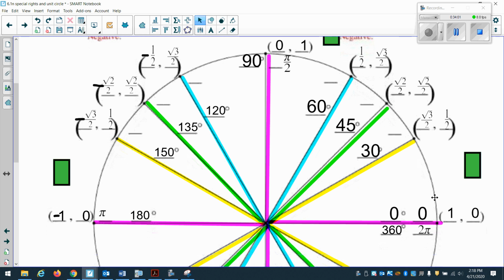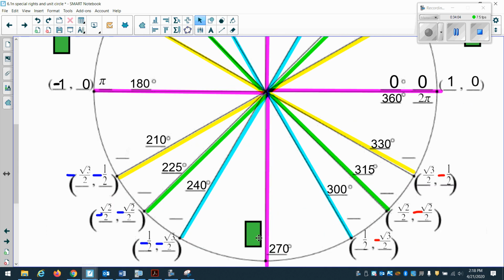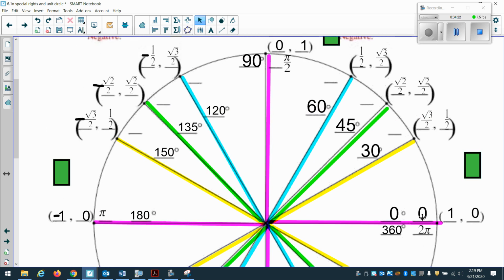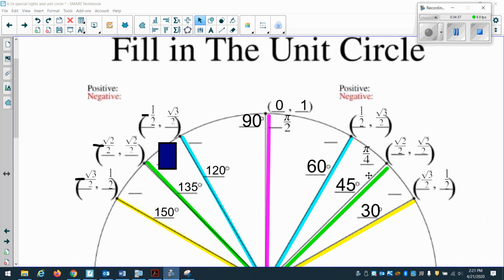Then if you go to 270, okay, you have 1 pi, then you have another half of pi. So this would be 3 pi over 2, finalizing with 2 pi. So if I look at this 90-degree angle here, I have 0 to pi over 2. Well, or 0 to 90. What's half of 90? 45 degrees. What's half of pi over 2? Okay, so now that we established 45 degrees is pi over 4, what you can do, one trick, is instead